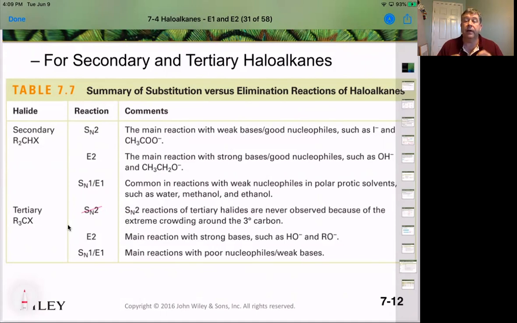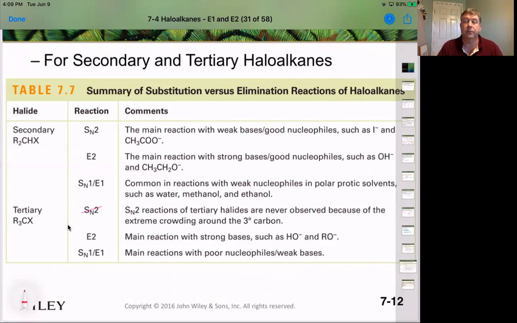In the presence of very strong bases that are also good nucleophiles, like hydroxide and alkoxide, we will get elimination reactions because that base will come in, pull that beta proton off, and give us our leaving group. Now, if we have weak nucleophiles in polar solvents like water, methanol, and ethanol, remember, water, methanol, and ethanol are all weak nucleophiles because of their lone pairs. Those can undergo a combination of SN1, E1 reactions, and we will see both of those products available to us